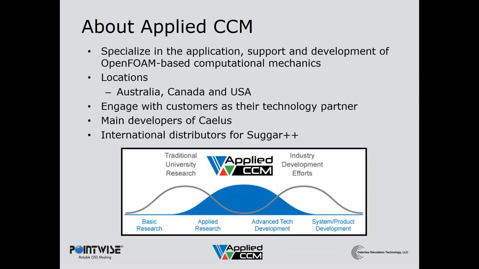So, our primary mission within Applied CCM is to engage with customers as their technology department. So what does that kind of nebulous statement mean? I think this little diagram that we like to use at the bottom of the slide really explains what we try to do. We're trying to fill that gap between traditional academic research, basic research, and how the industry wants to adopt and apply these technologies. We come in and use our strong technical backgrounds to move technology from applied research all the way over into more mainstream usage. So that's where we're at.